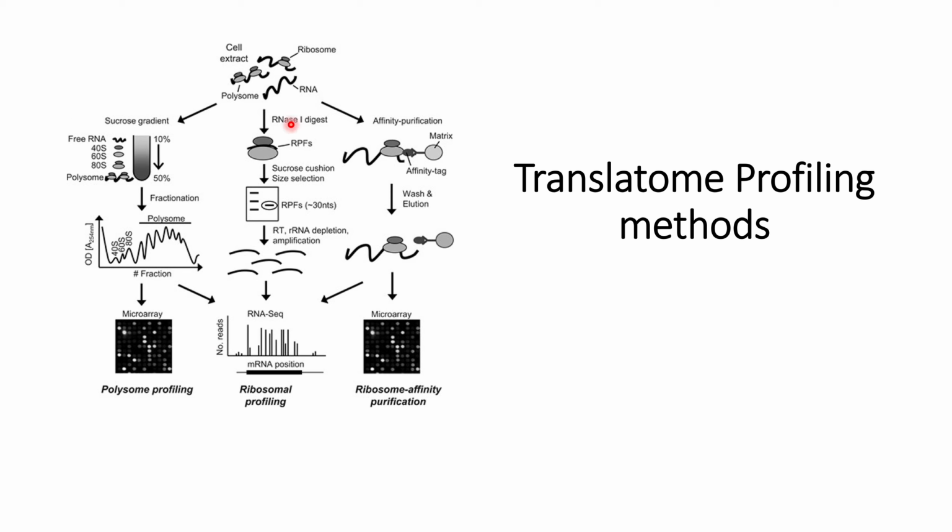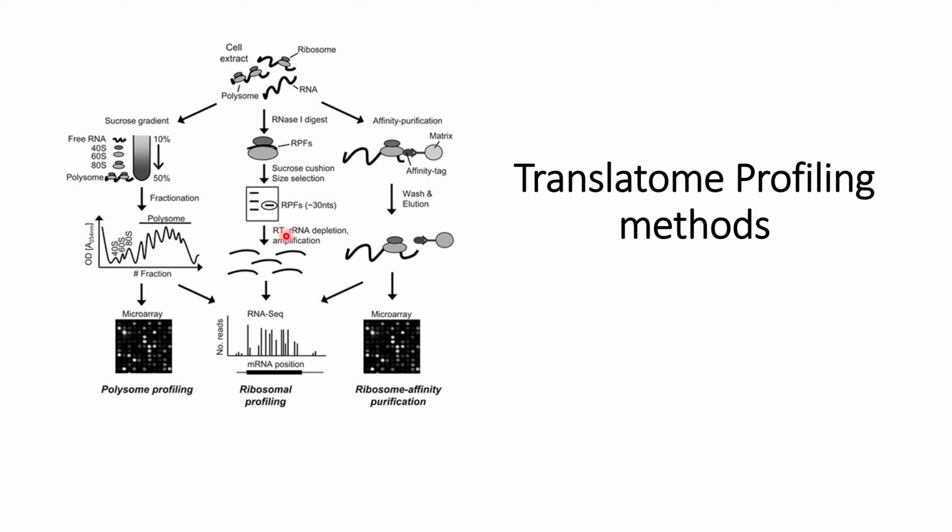The next approach is to use RNase I digestion. In this, we digest the RNAs that are not protected, that is, not covered by the ribosome. Except for this part, all other RNA is digested by RNase I, and after that they do size selection through electrophoresis, and from this they isolate the RPF, that is the ribosome protected fragment,